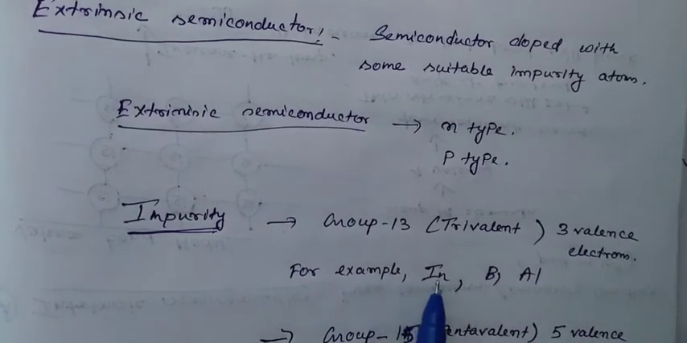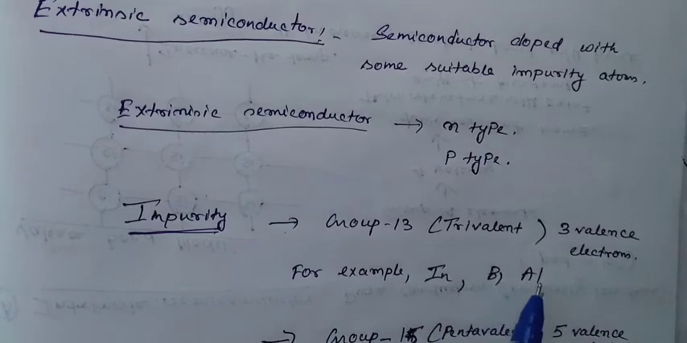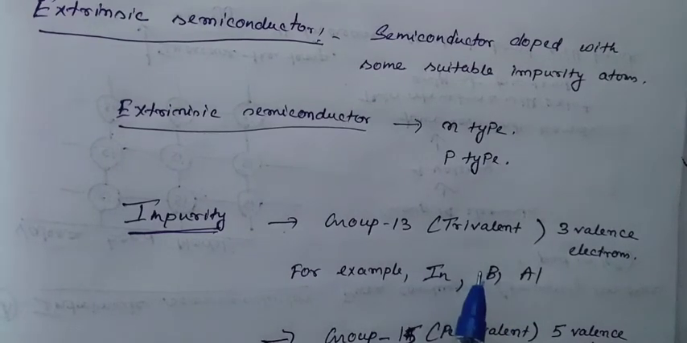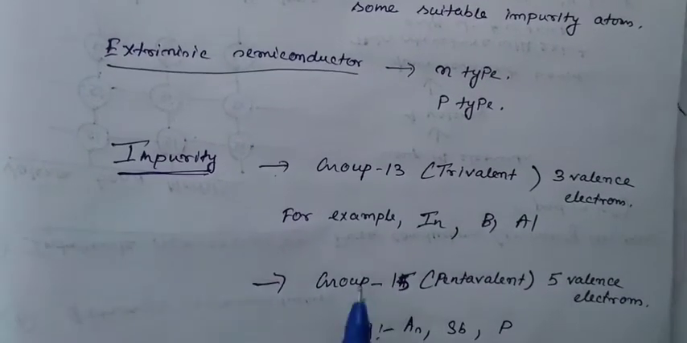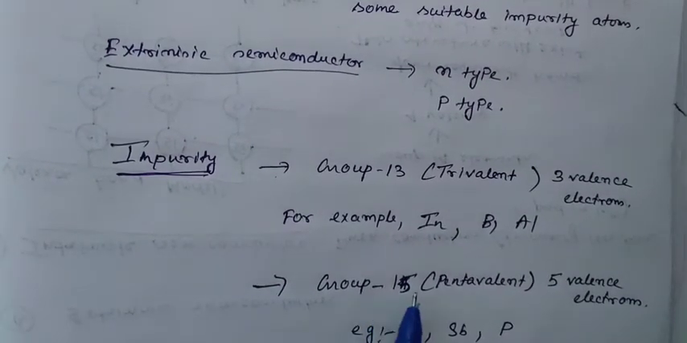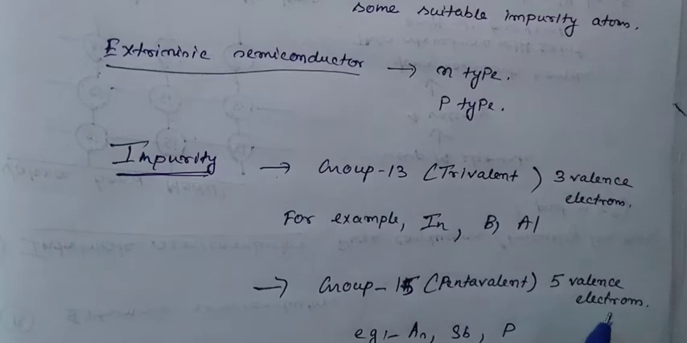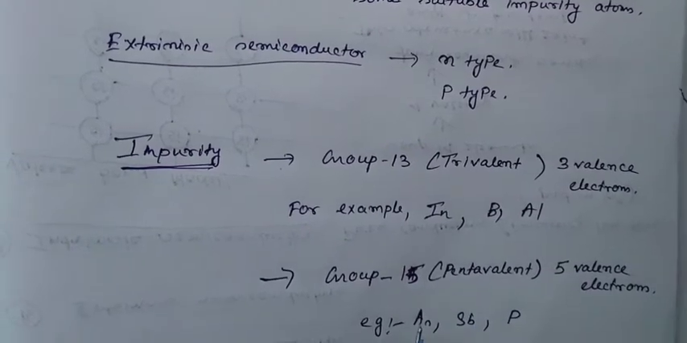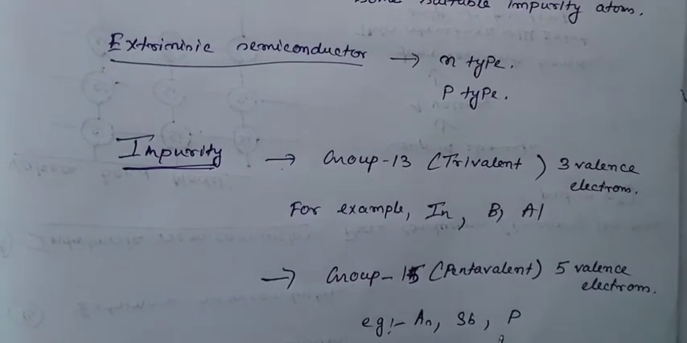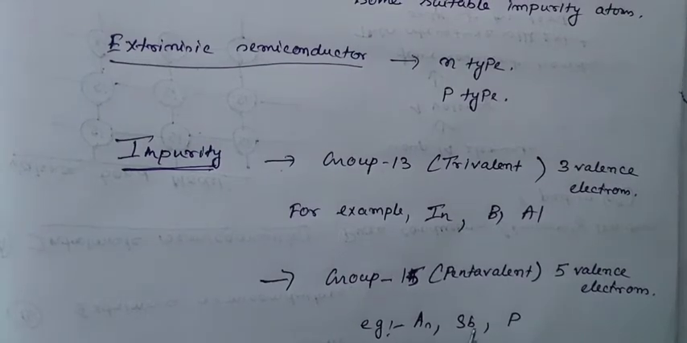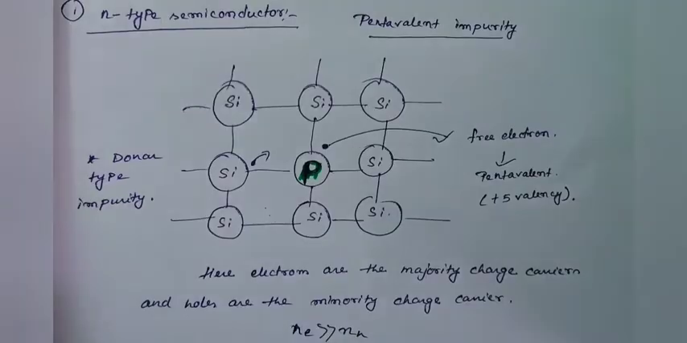for example indium, boron, aluminium, it is called a P type semiconductor. If it is doped with a group 15 element, that means with 5 valence electrons, pentavalent, for example arsenic, bismuth and phosphorus, it is called an N type semiconductor. So N-type